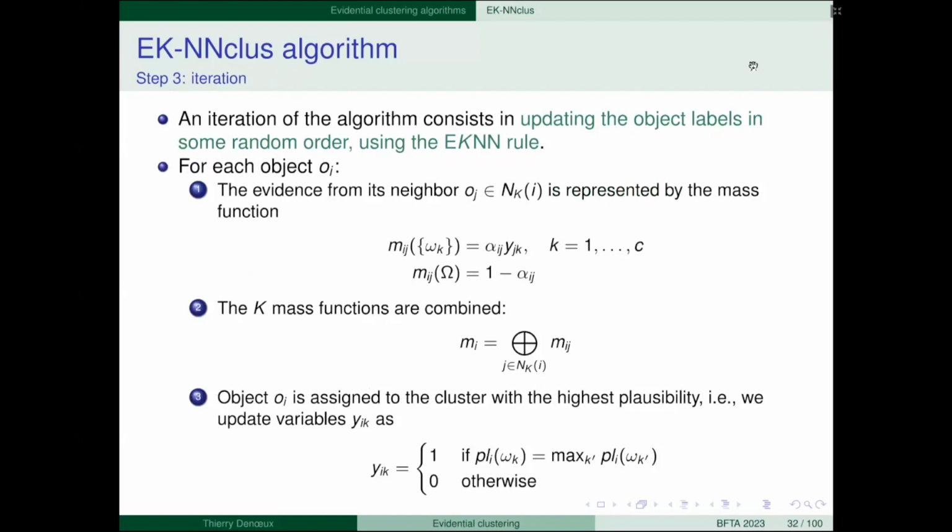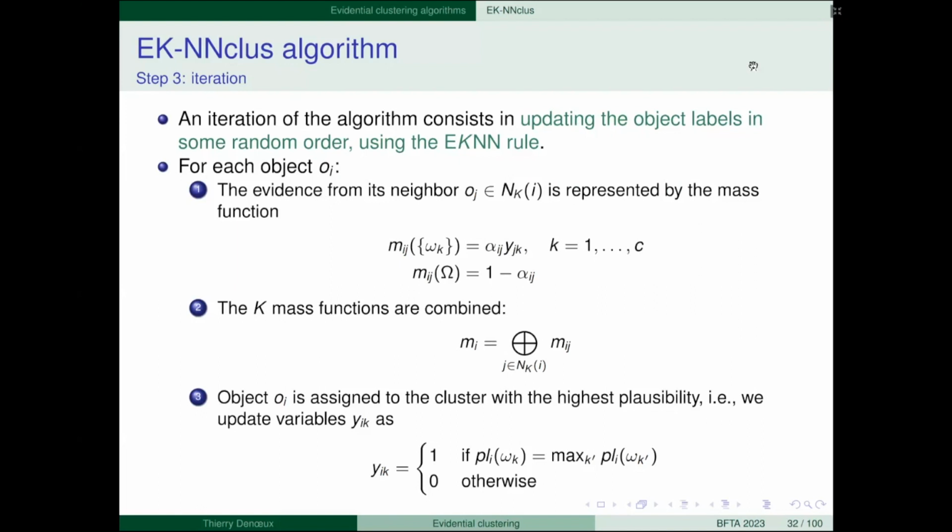How do you do this? For any object i, you assume that the evidence from its neighbor, let's say o_j, is represented by a mass function like this. If the neighbor o_j belongs to cluster k, you put some mass on omega_k. And here the mass will be alpha_ij.